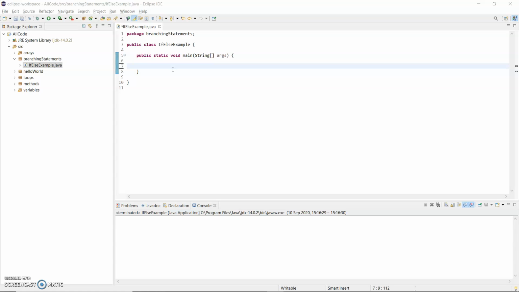So I'm going to start off here and declare a variable called age, so int age equals 20. Basically we're going to see if you're over 18 you're allowed, if you're not over 18 you're not allowed. The syntax of the if statement is if and round brackets, and